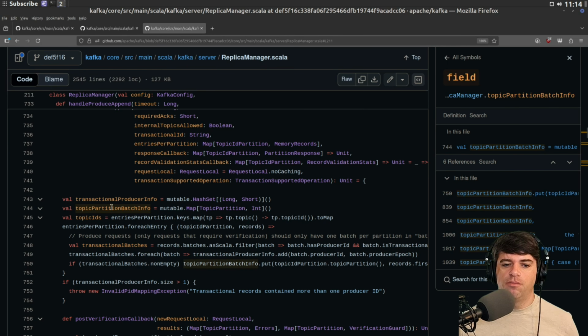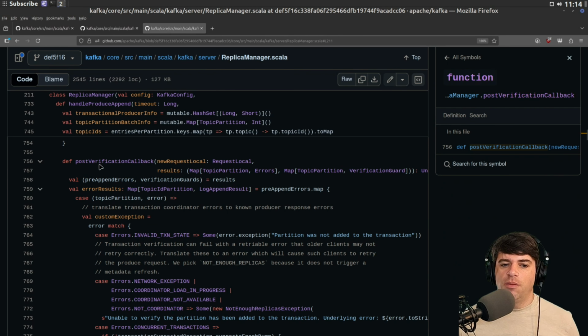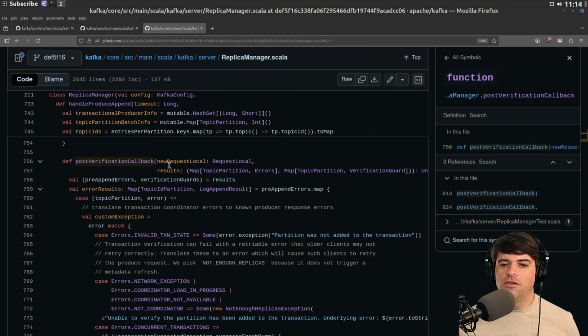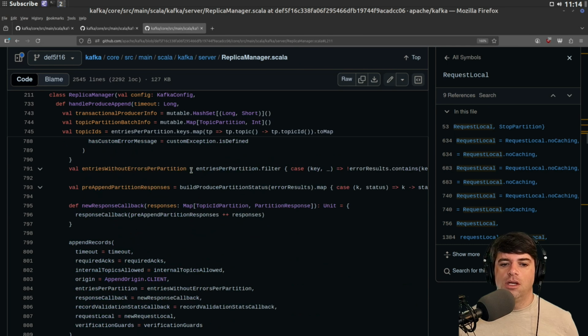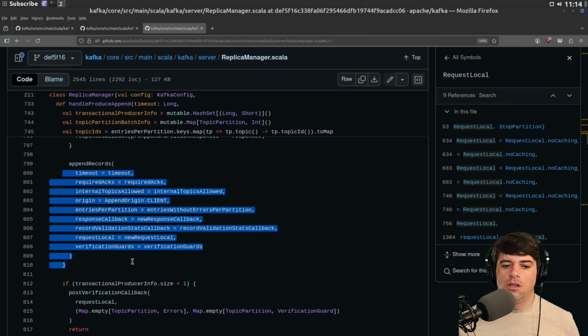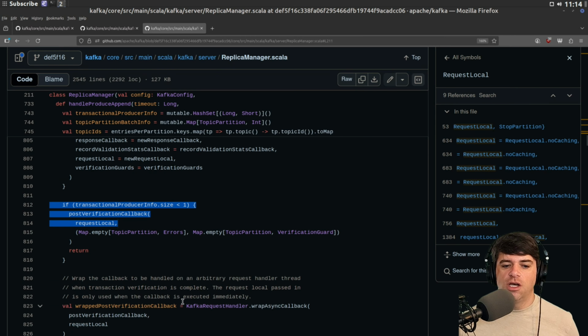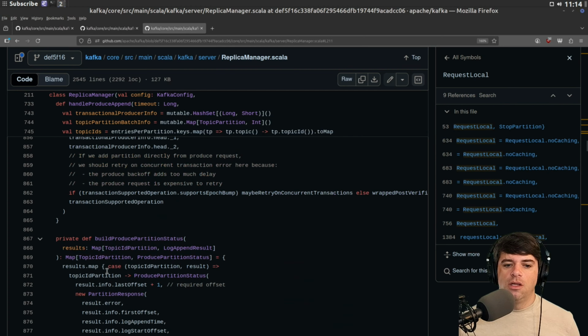Similarly with the topic, partition, batch info, etc. We've got a post verification callback, which takes a request local and some map of results. I'm going to ignore its implementation. And then we're going to call append records, and then look at the transactional producer info size and do transactional stuff.